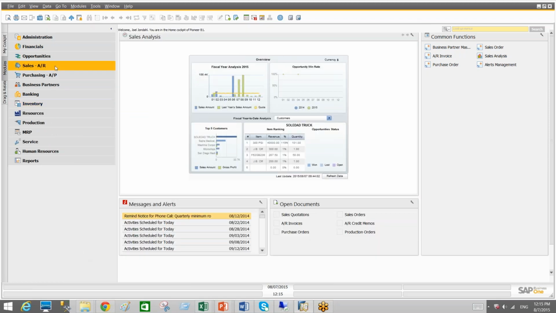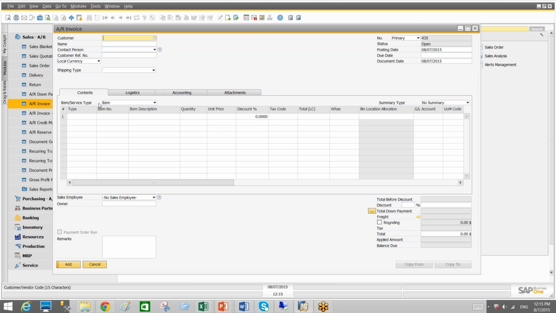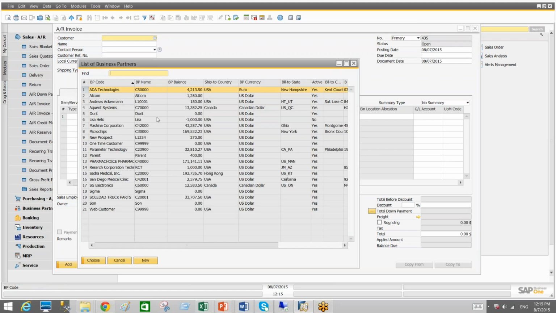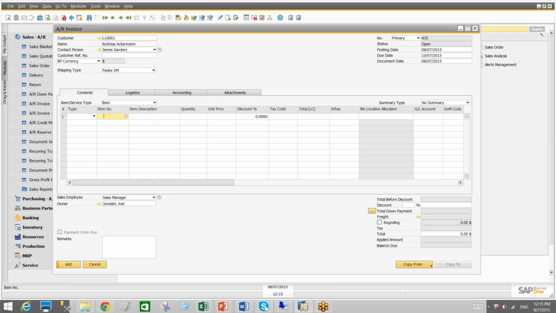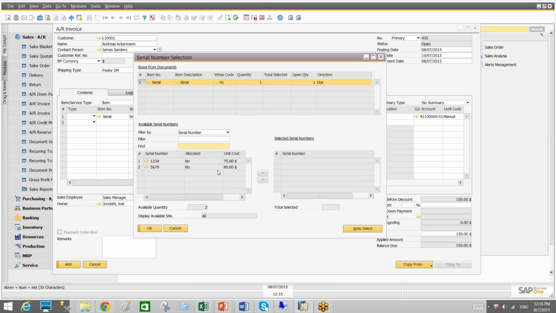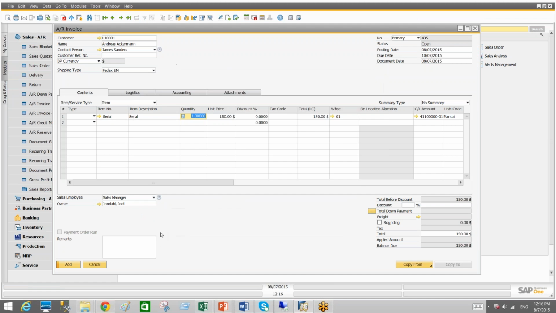Now the trick is when I go to sell it, right? So if I do an AR invoice again for any customer, and I'm going to choose that serial item, I need to choose the serial number. Obviously, we see that the cost of this item will be different, and that will reflect in my cost of goods sold. So if I choose the item from the last batch of the $80,